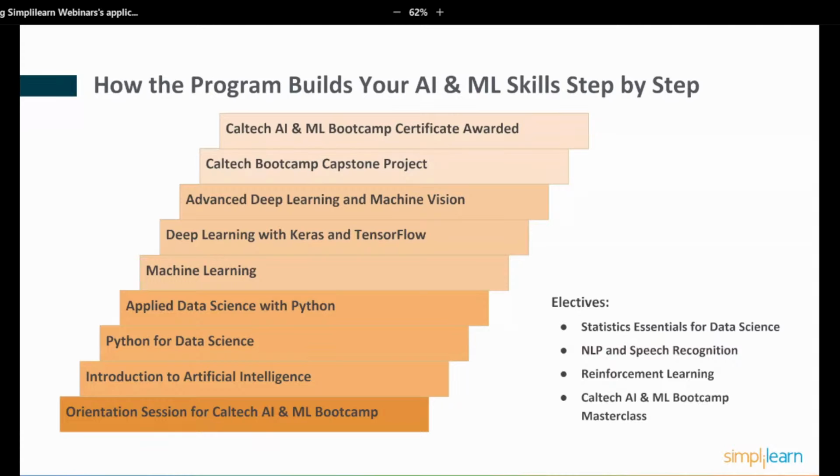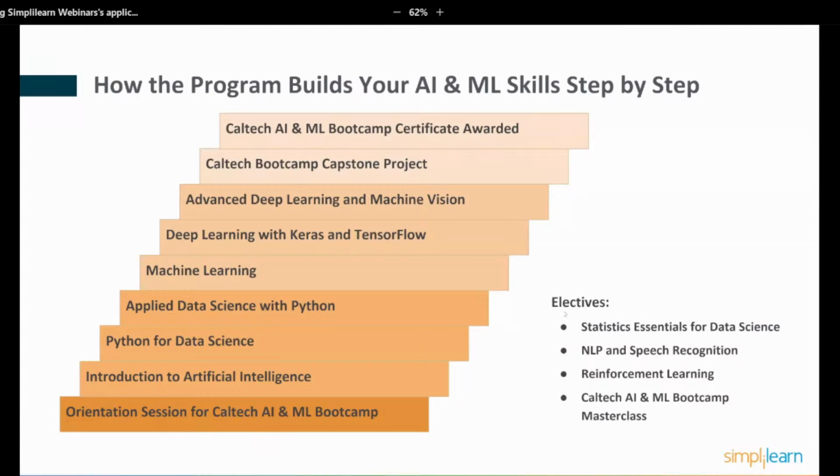After you finish those 6 core courses, after the orientation session, there are 6 core courses, and then you can move into the Capstone Project. Again, about a 3 to 4 week effort with your instructor as a mentor, taking you through a live industry application, creating your own solution. And then upon the successful completion of the capstone, it's evaluated as deserving merit. Then you get your certificate from Caltech.